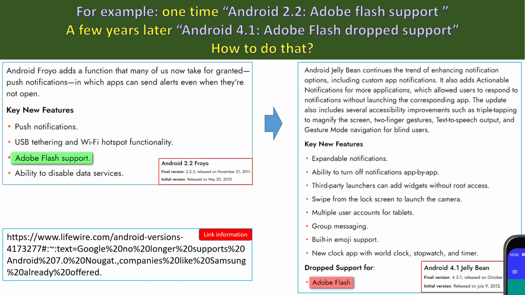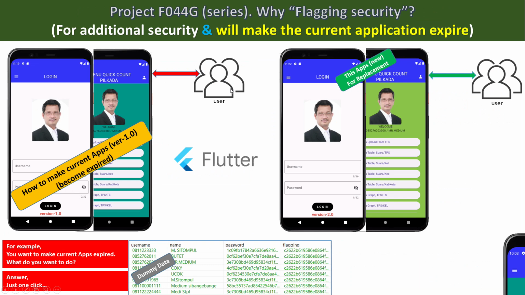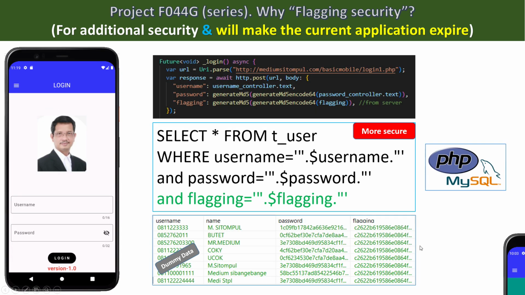Okay, this is what I have mentioned before, for example for the Android version. And this one, the background process or the backend process handles username and password, and then we add the flagging. Altogether, password and flagging we must encrypt many times.